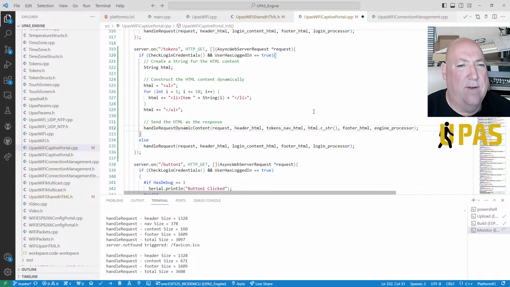Okay, so let's do it another way then. Yeah, so it wasn't the navigation it was missing, it was something with the header. I just don't get it.